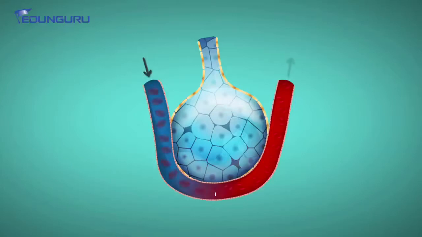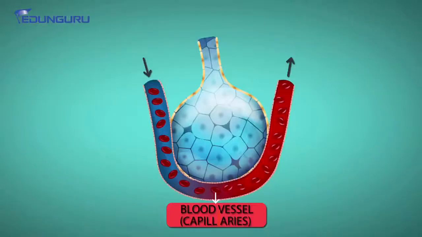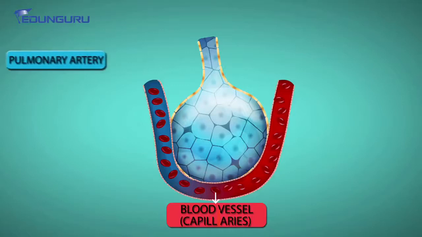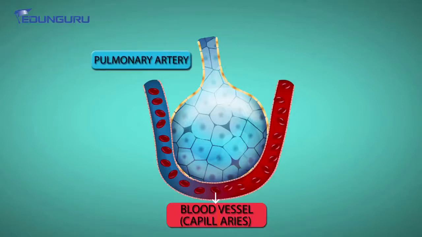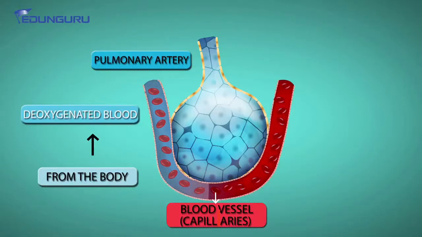So, what brings the blood? Suraj, can you tell which blood vessel carries oxygenated blood? Sir, artery. Artery? Very good. Artery carries oxygenated blood. But do you know there is one artery which never carries oxygenated blood? Which is that? Pulmonary artery. When I say pulmonary artery, it means the artery that comes to the alveoli. They carry deoxygenated blood of your body.